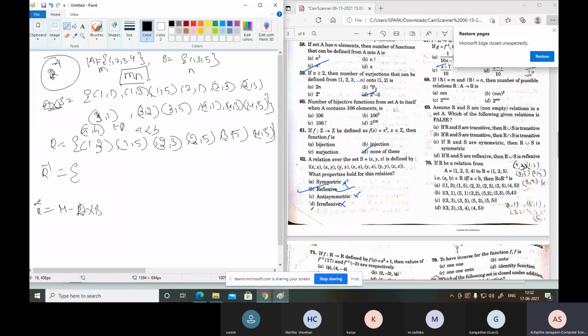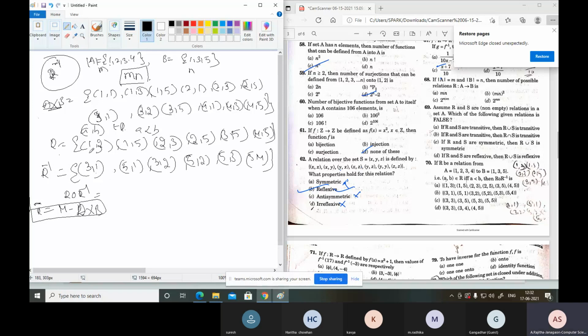So now this becomes R, if you take this as R. Okay, but here we have the R universe, so (x, y) belongs to this and (y, x) belongs to here. 5, 1. Next 3, 2. Next 5, 2. Next 5, 3. Next 5, 4. Now write down R composition or inverse.